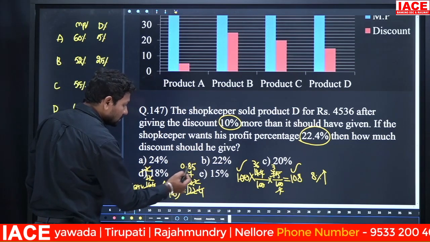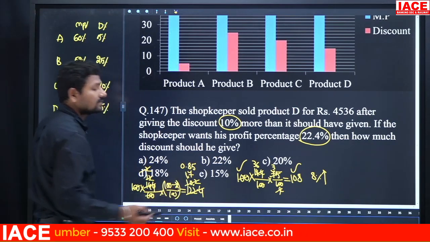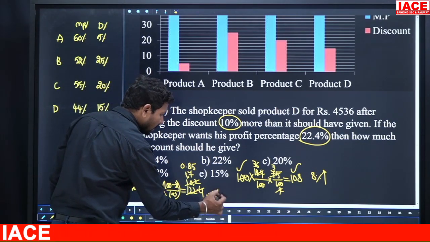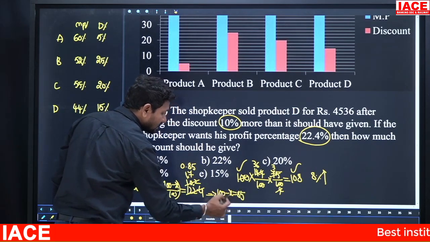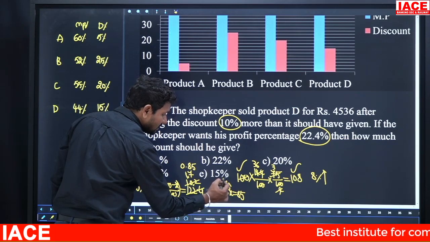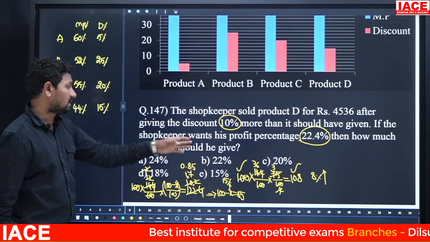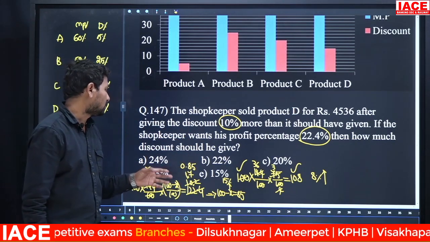100 minus x times 0.85, here the 100 is multiplying 0.85, it becomes how much? 85. 100 minus x, from this what can we write? 100 minus x is equal to 85. Then 100 minus x becomes 85 means how much percentage discount should we allow? 15% discount. Instead of 10% we have to allow 15% discount.